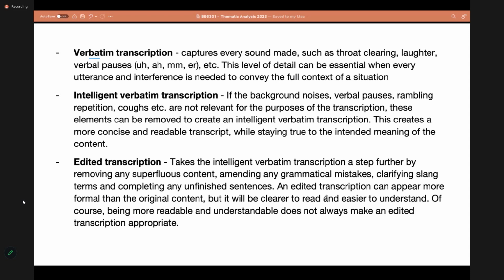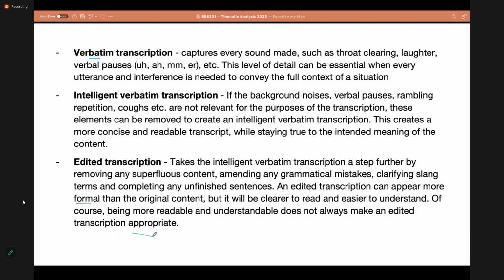At the end of the day, you might end up with a transcript that reads more formal than the actual original content. So the original interview is edited to make it a bit more formal, clearer to read, easier to understand. But again, we have to be careful, as it might not always be appropriate.